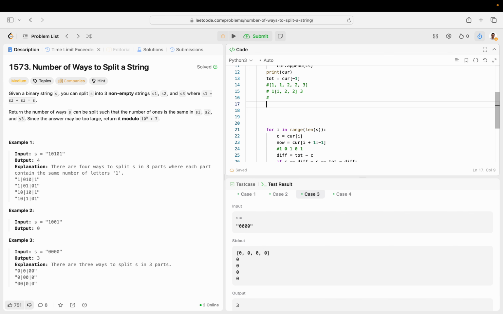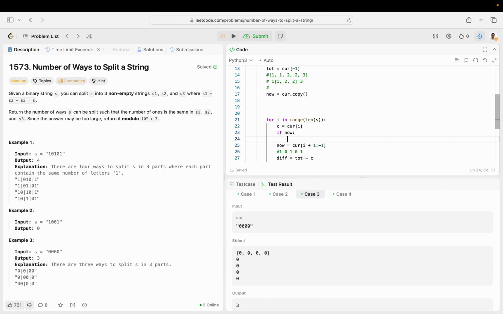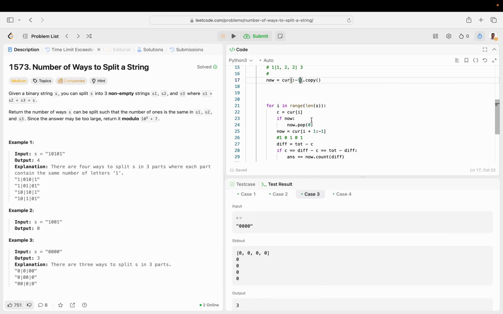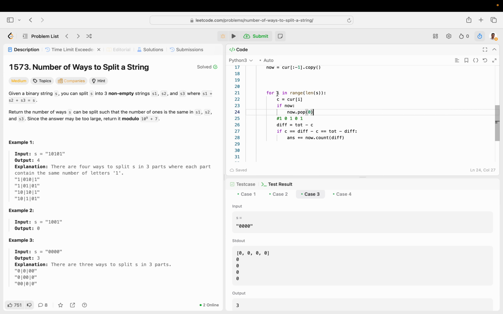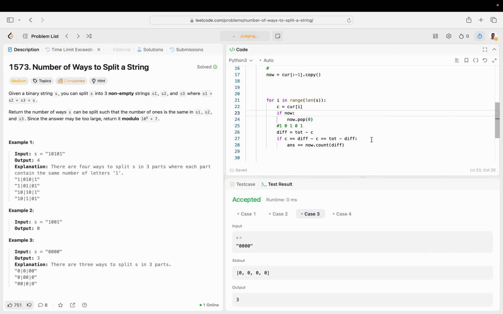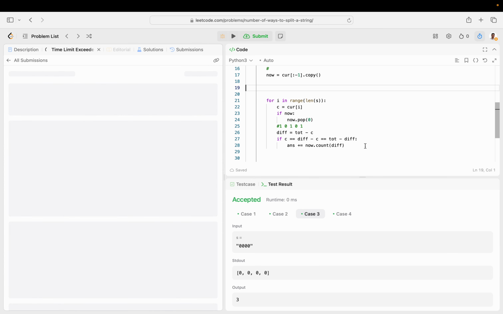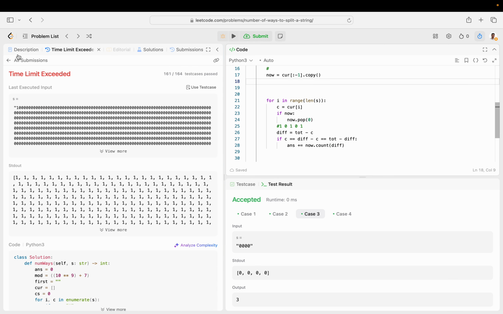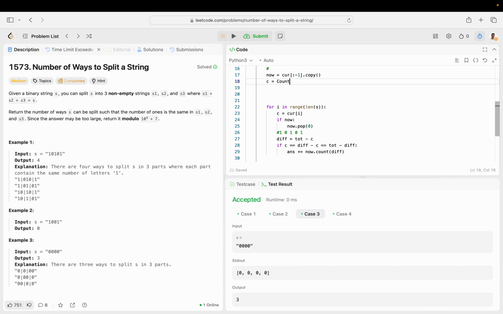So what we have to do is basically say now is cur.copy. And if now, then now.pop(0) up to -1.copy. So that's basically just pre-processing it. Okay, so let's submit it. So we're just chopping one off of now every time from the left. It's like a pop left on a queue. So this is still a bit slow because dot count is still O(n). So let's make a counter